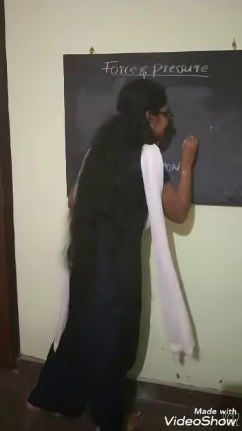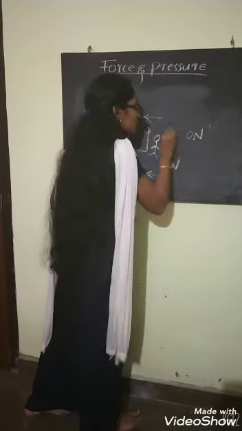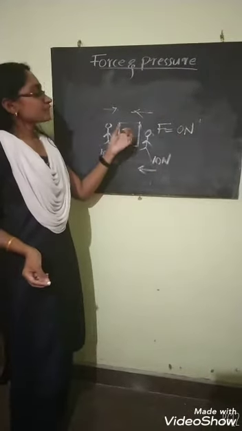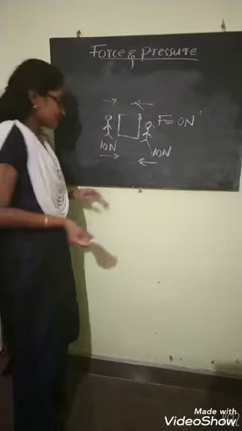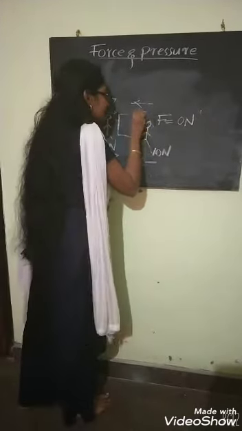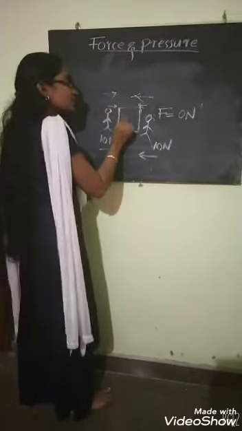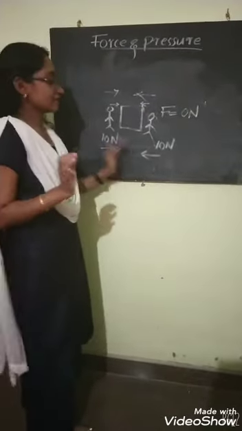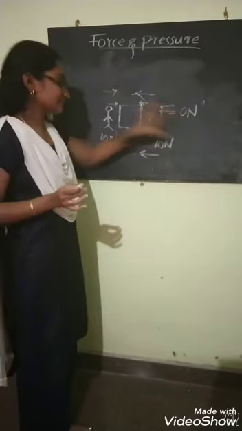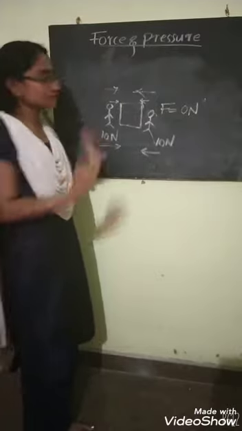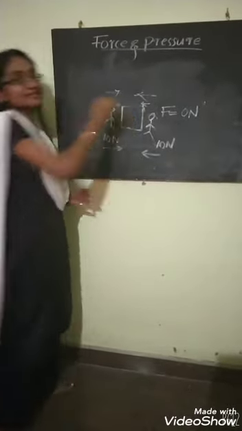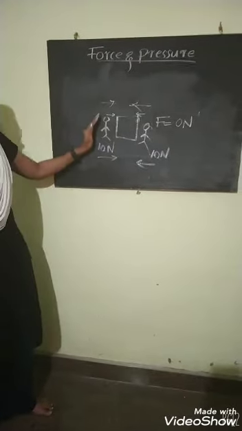We get 0 Newton as the total force. What is that? That is because when this person acts with force to this side and this person acts with force to this side, this cube will not move in any direction. That is the meaning of this 0 Newton. That means this block does not get force from either of these persons, as the forces get cancelled here. This is happening in this example.